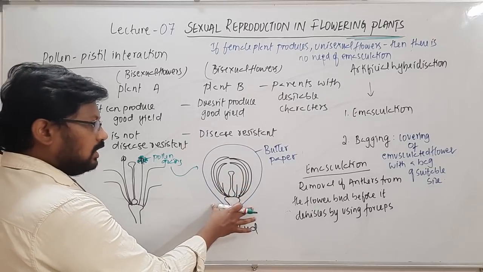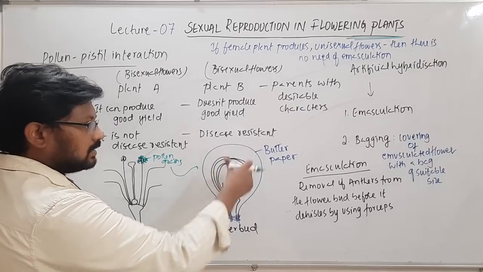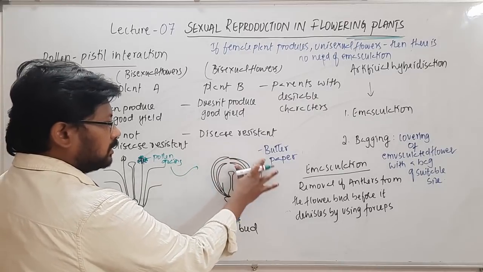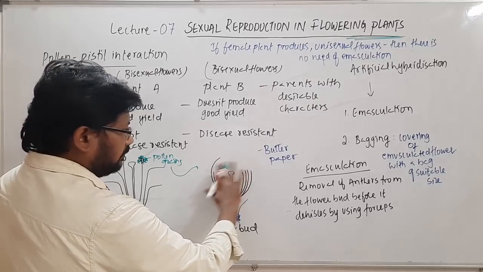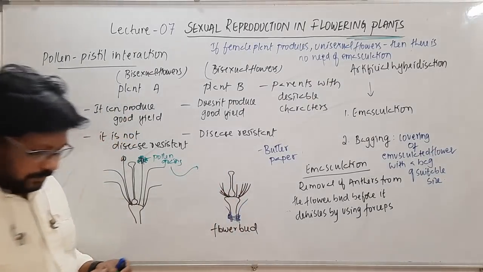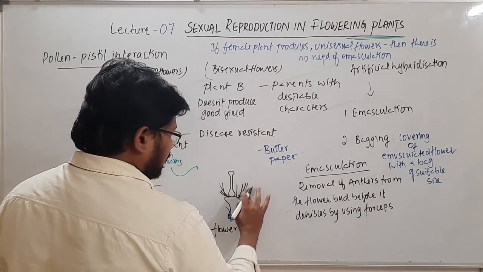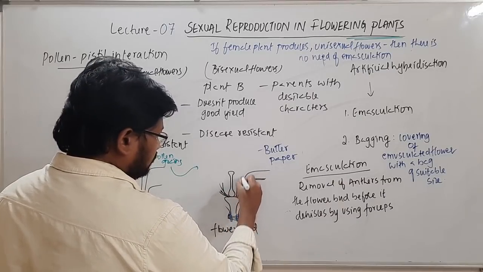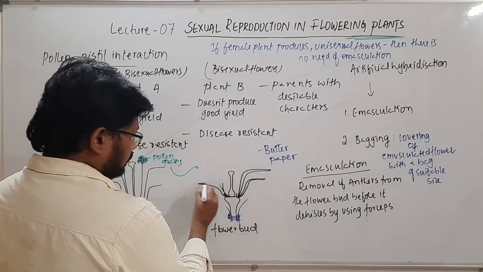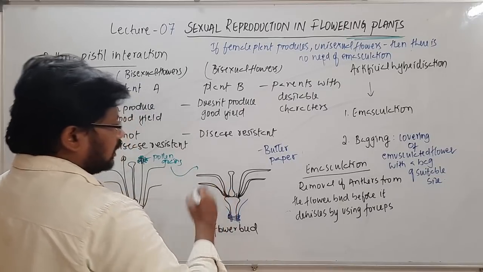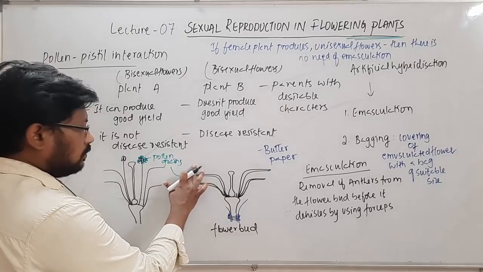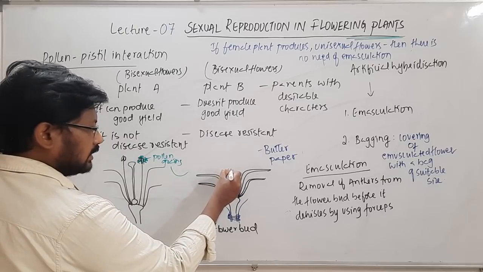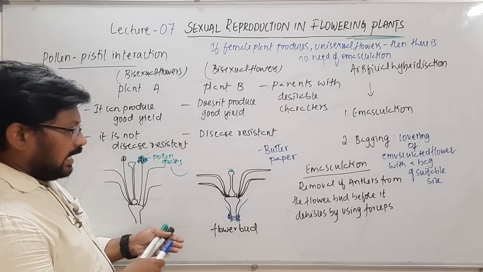For that process, as I told, this flower bud after the emasculation process is covered by the butter paper. So I'm going to remove this butter paper. Of course, by this time this flower is mature, and only after the maturation am I going to remove this. Now this flower is mature. Once this is seen, I have dusted these pollen grains on the stigma, and once this is finished,